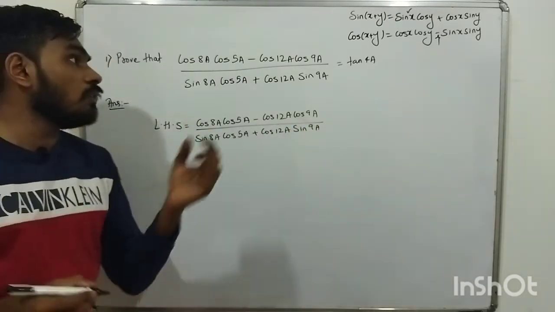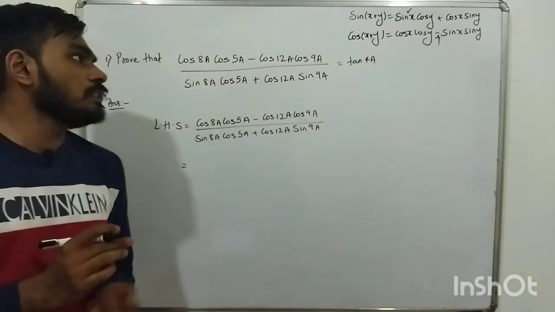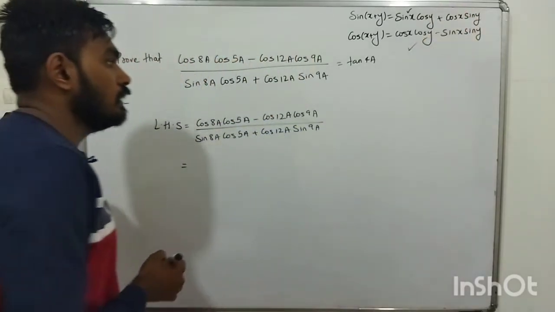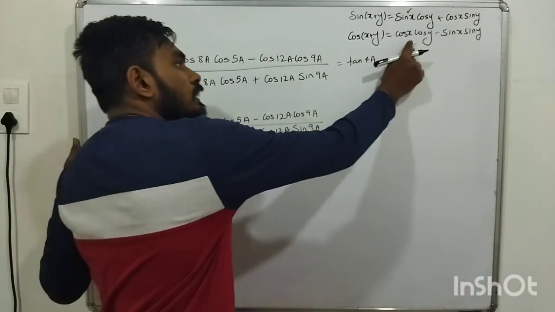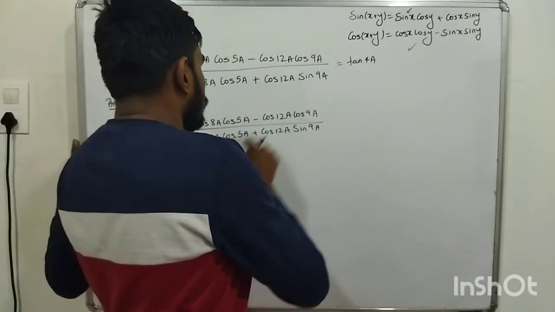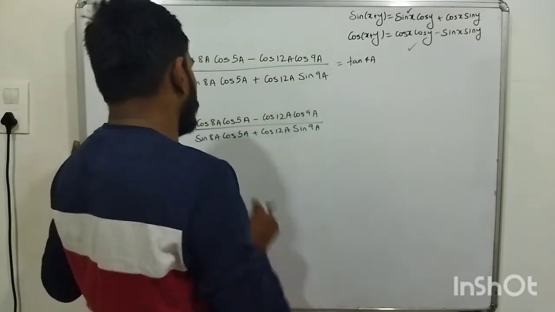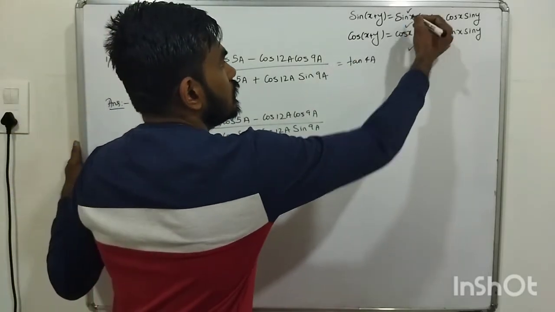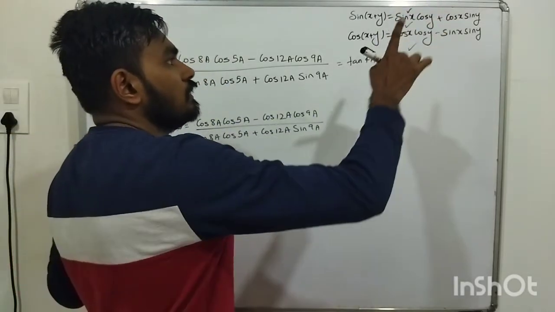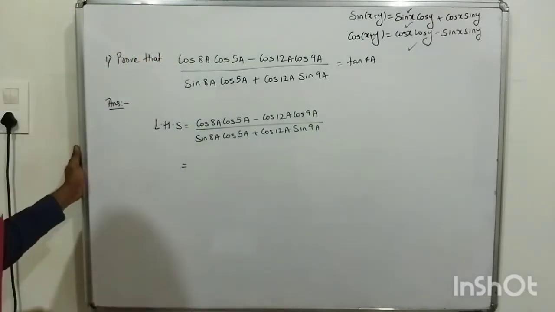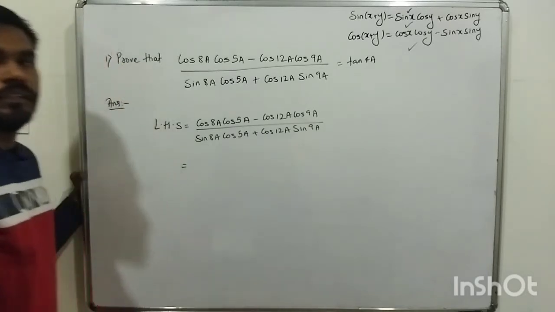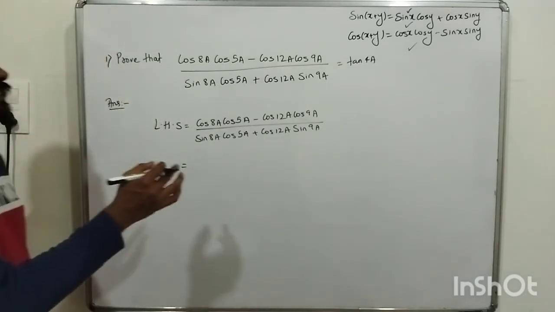Now we'll use the formula. Cos cos means what? See in these four, where is cos cos? Here, correct? So whenever it is like this, you have to take cos plus cos, remember. Sin cos means you have to take sin plus sin, and cos sin means sin minus sin, like that it is. Or take this the opposite way, same thing will get, only that formula will change a little.